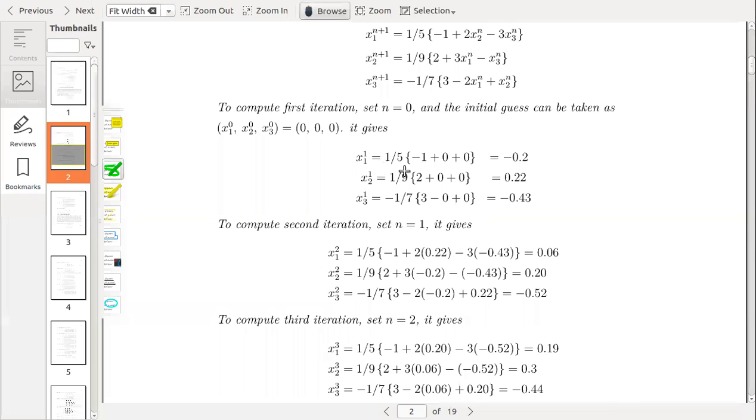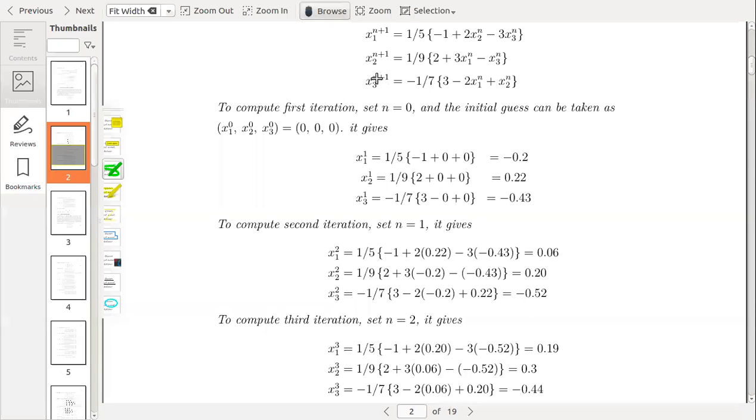So x3 power 1, you see 3x1, so x1 is 0.06, so 3 into 0.06 minus x3 power 1, so minus into minus 0.43. So x2 second iteration will be equal to 0.20, and x3 second iteration